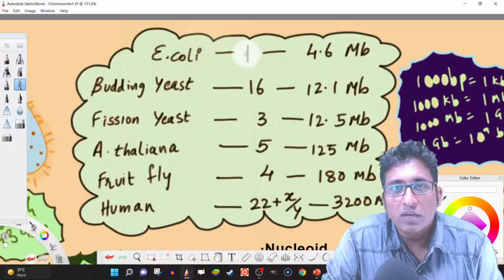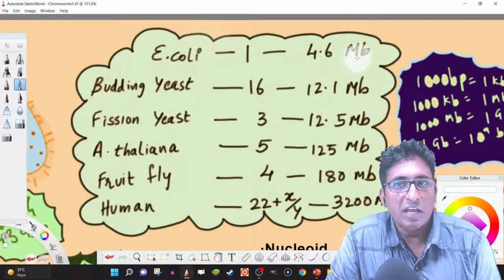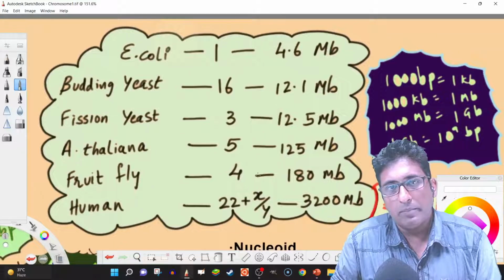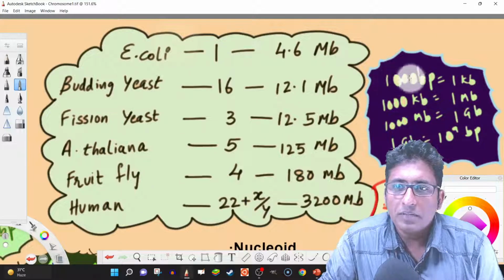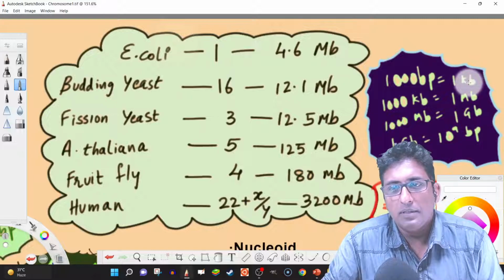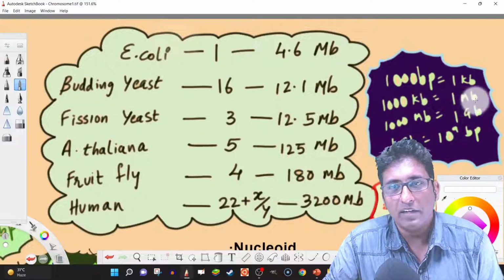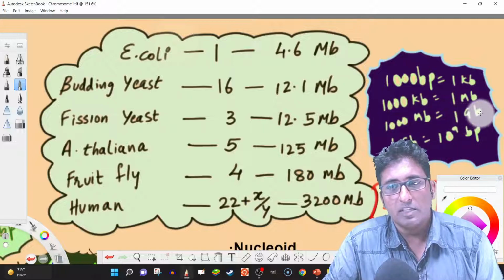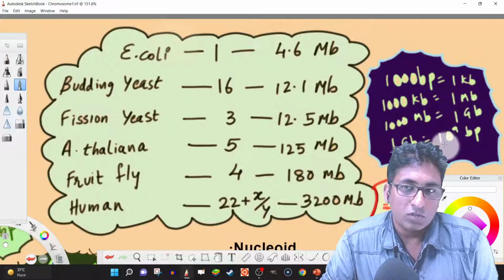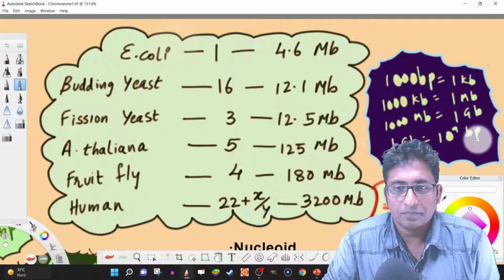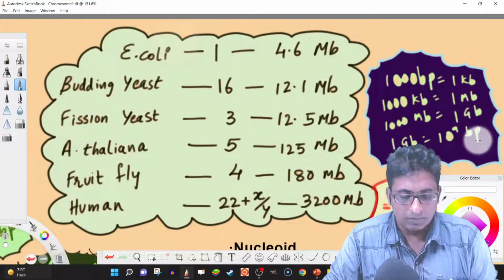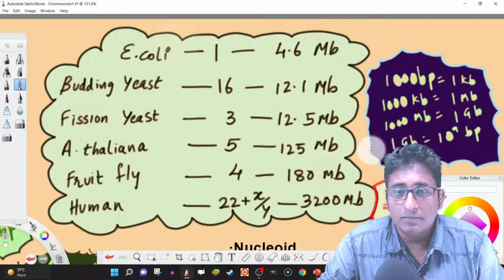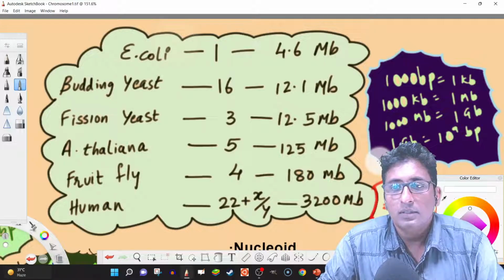E. coli has one chromosome. It is about 4.6 MB. MB is for megabase pairs, MBP, you can say, MB for short. And 1000 base pairs is equal to 1 KB, and 1000 KB is equal to 1 MB megabase pair, and 1000 MB is equal to 1 gigabase pair. So 1 gigabase pair is about 10 to the power 9 base pairs. That is what we have in our genome as well. We have about 3.2